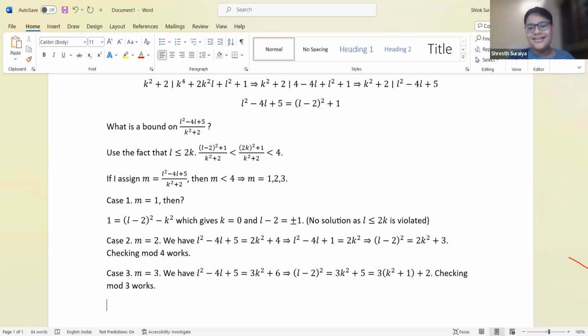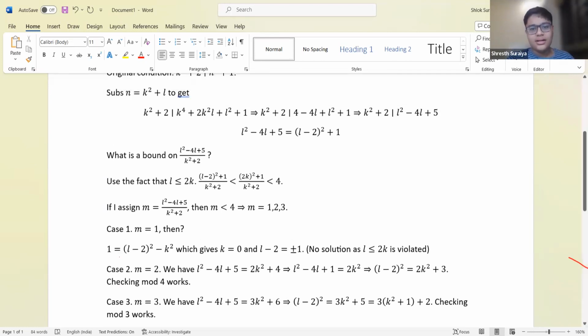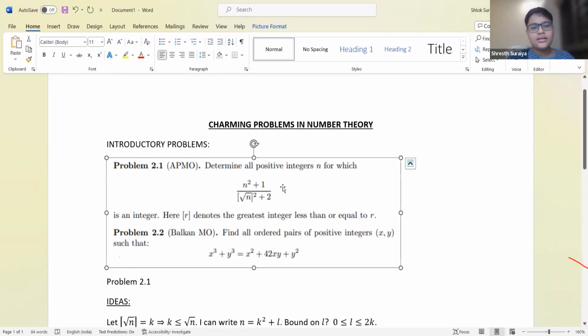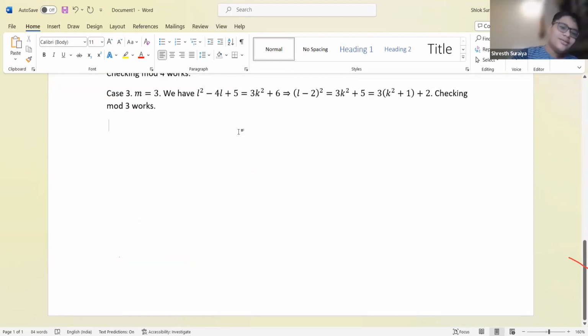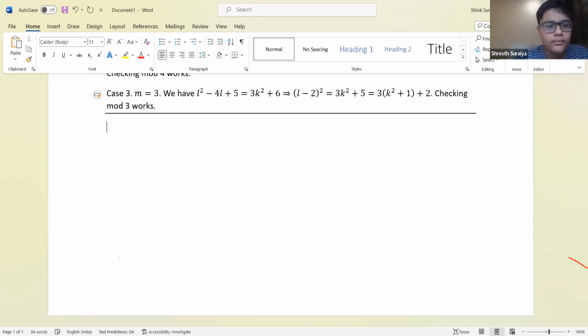All right, so what does this mean? That there are no solutions to the condition, and that is the correct answer. There are no solutions to the condition. So this problem was a bit silly because there are no solutions, but it's also very good to learn how to handle the floor function and mod bash, all of that. Like mod 3, mod 4, how you can check to give your argument to get better constraints.